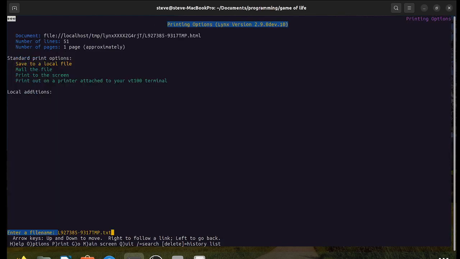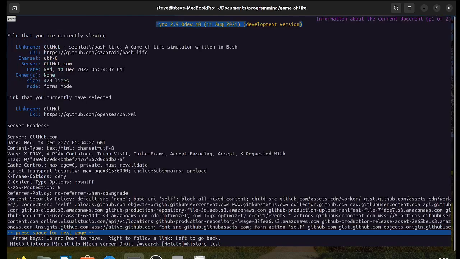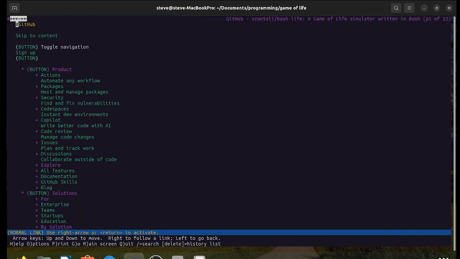To print that to a local file, I do already have this file on here. That's how you save it, just like you have seen, in bash-life.txt. Get back and